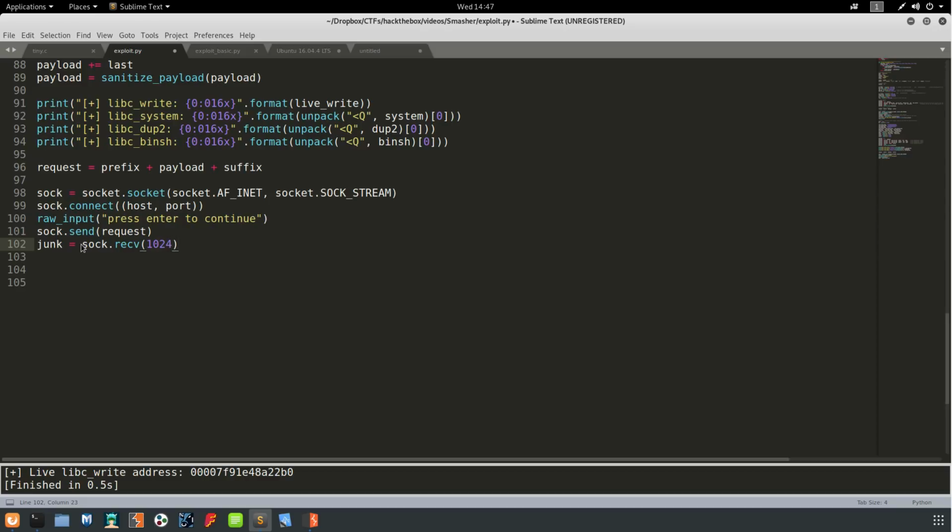So we'll do a receive. This will be our file not found message, which is why we're calling it junk. And then we'll do a while true. CMD is equal to raw input, and we'll just prefix it with a hashtag. sock.send CMD plus a new line, and then we'll do print sent, format command,